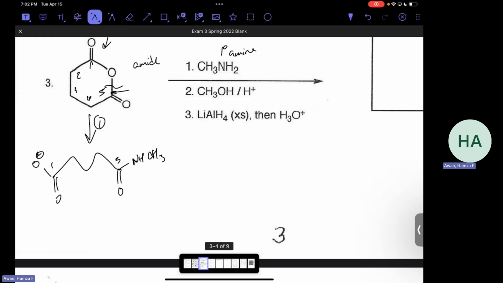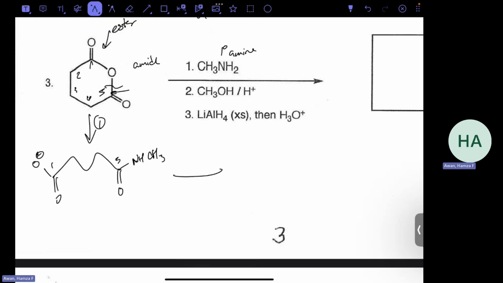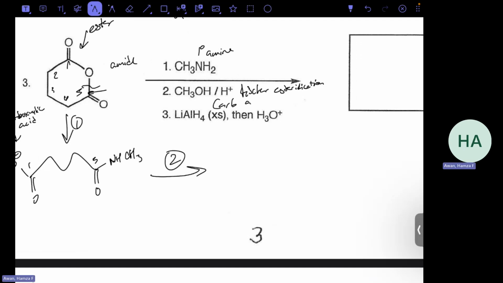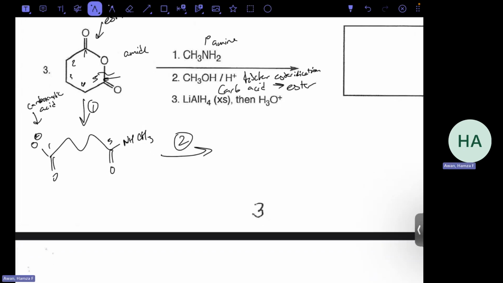So now step 2, CH3OH and H plus. What this is going to do is Fischer esterification. We broke this ester and created, technically, a carboxylic acid, right? And this carboxylic acid is going to react with the CH3OH and H plus to produce an ester. So it's going to do carboxylic acid to ester. So what that's going to look like,